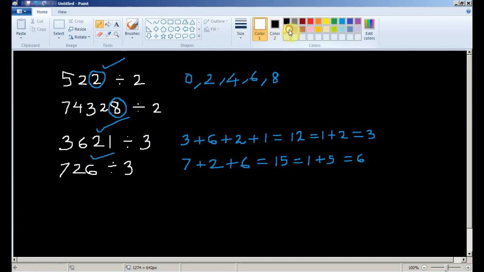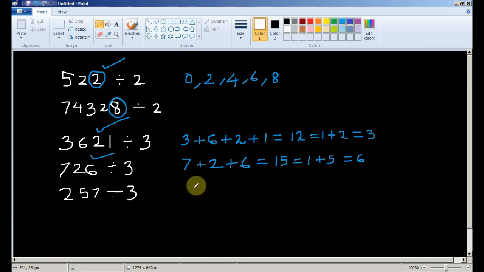Let's take another one. 257, is it divisible by 3?